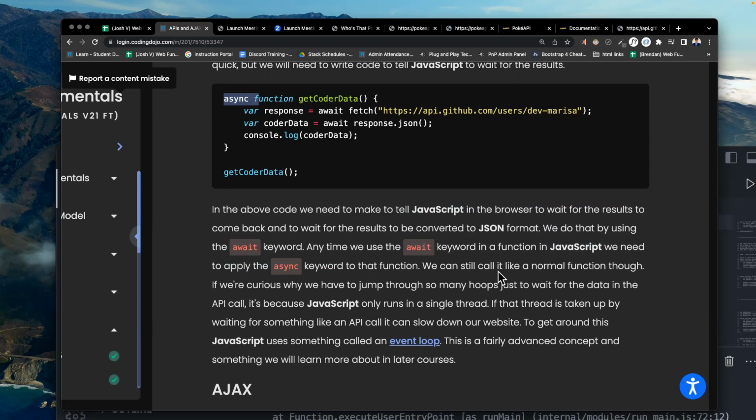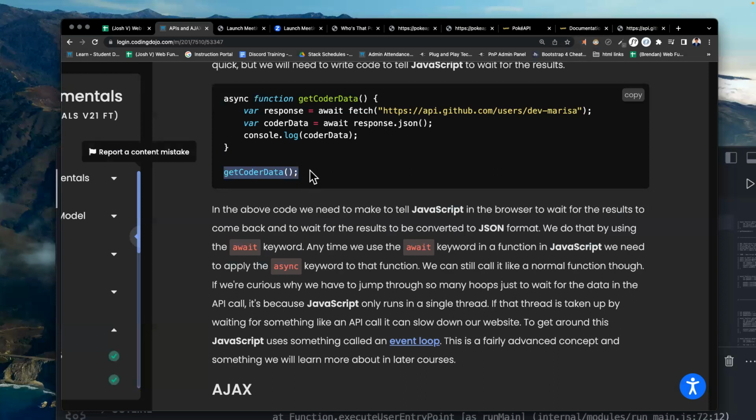If we're curious why we have to jump through so many hoops just to wait for the data in the API call, it's because JavaScript only runs in a single thread, right? What that means is JavaScript, just like how we've been seeing it run in Trace, runs this line, then the next line, and then the next line.